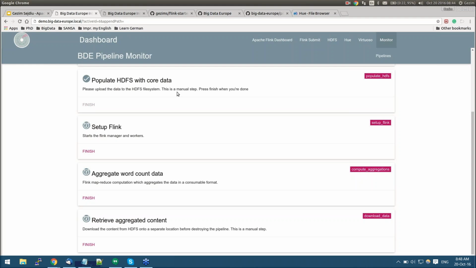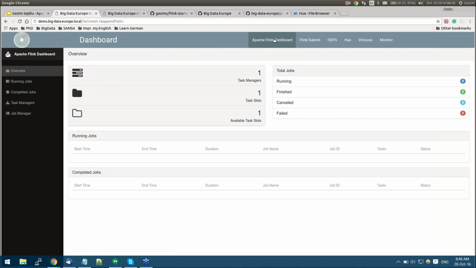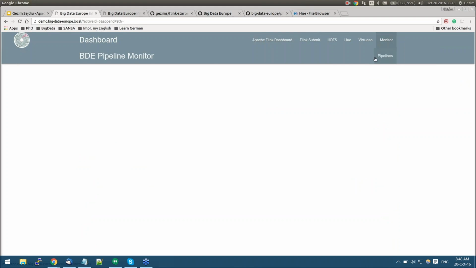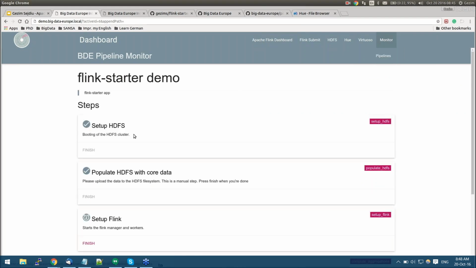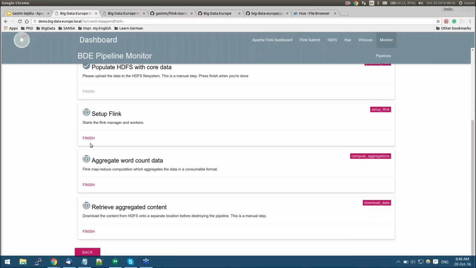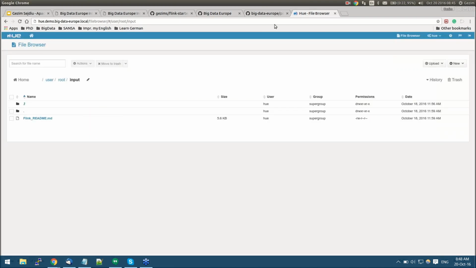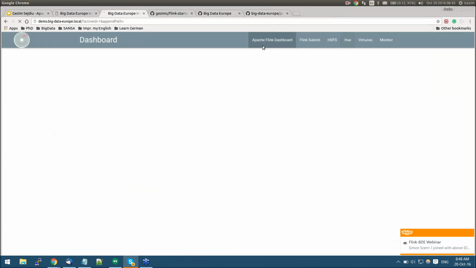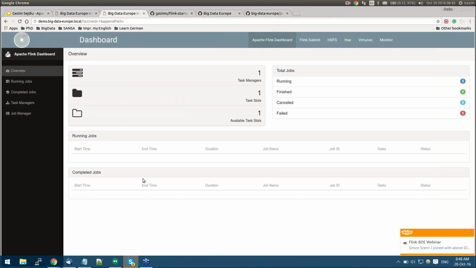Now we need to see if Flink is up and running. Flink is up and running, and now we can start our pipeline to do a computation of the data. Let's have a look at Flink to see if there is any job running.